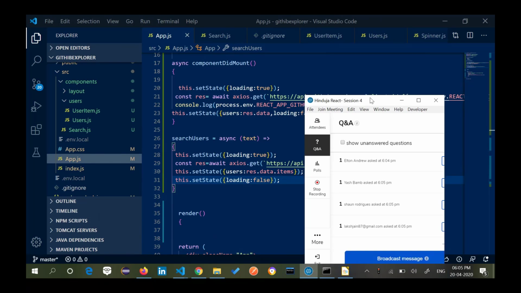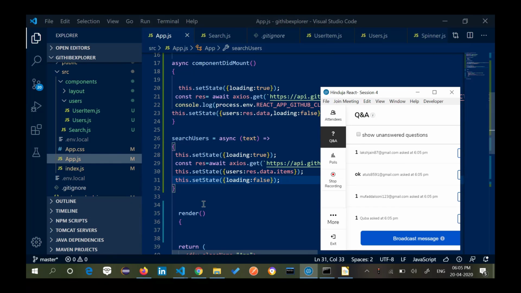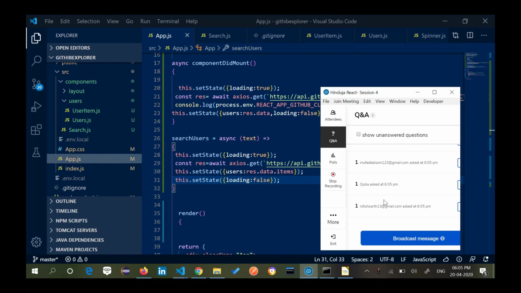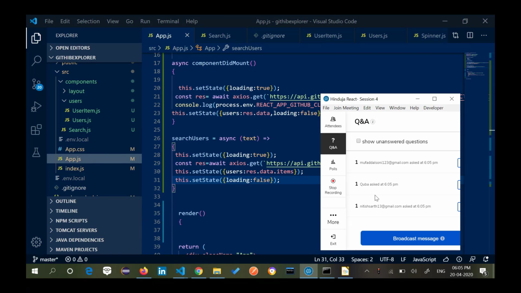Now the next step is basically what? The next two steps, I don't think you have a problem with that. const res is equal to await axios, and I got the data from there, but instead of setting all the data, I just set the items, because I don't want the other parts like pagination and everything. I just wanted the items. If you have understood this second part, please press 2.